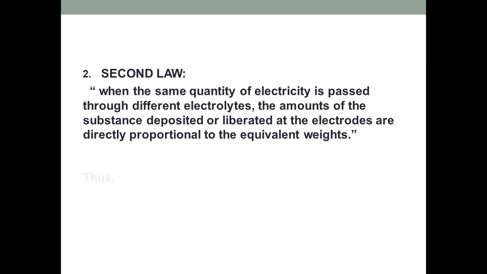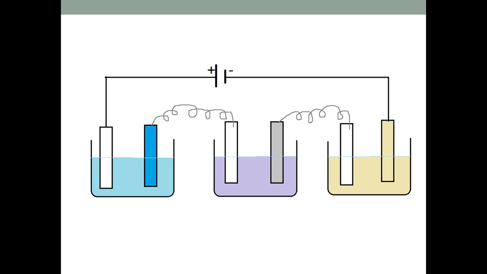If a number of electrolytic cells are connected in a series combination, you can see the pictorial here. The arrangement is shown on your screen: the positive terminal is attached to one electrode, and the negative terminal, that means the cathode, is attached to the anode. The cathode is again attached to the next anode to maintain the series. So this is a kind of series combination that is shown here.